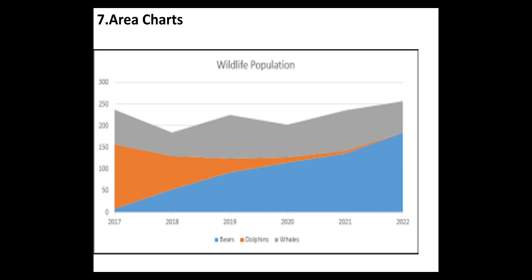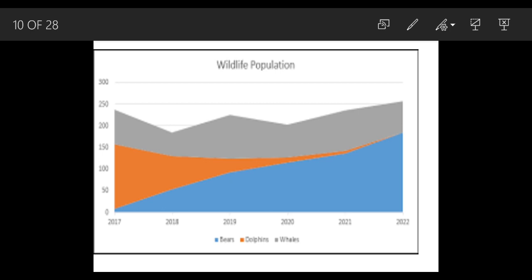An area chart is similar to a line chart, but the space between the x axis and the lines is filled with a color or pattern. When you observe line charts, we see different lines, but in these area charts, the gap between lines is covered by a color or a pattern.